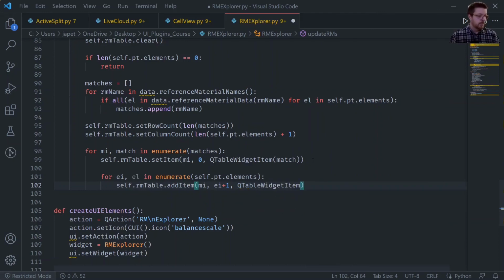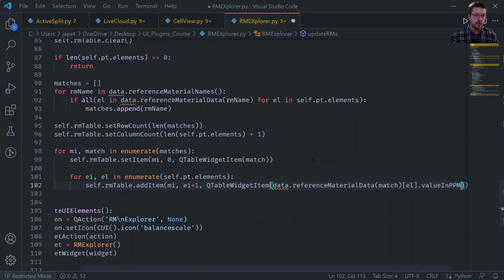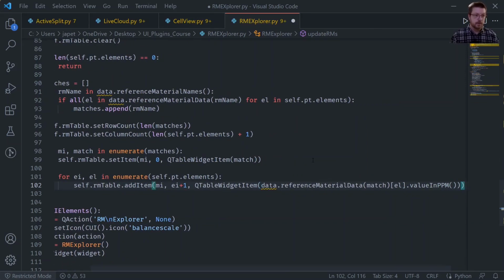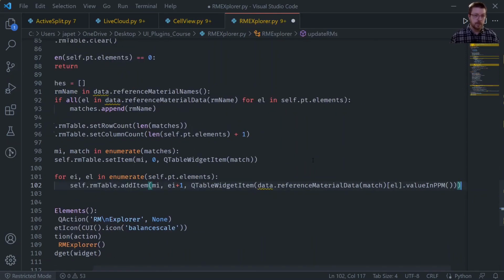Now we'll do that table widget item, and what we're going to want to display is, so we need to get the reference material data for our match and that element, and then that is a result value, result object. So we're going to do value in ppm, and then we'll try to put enough brackets to make everything happy. Now that's going to be a floating point value, so I think that we're also going